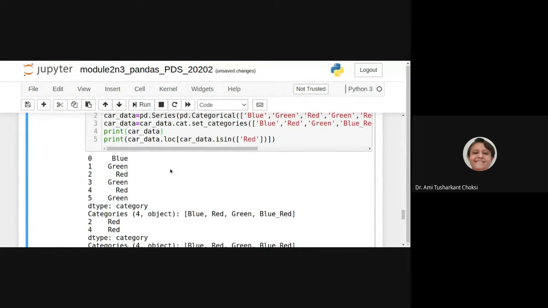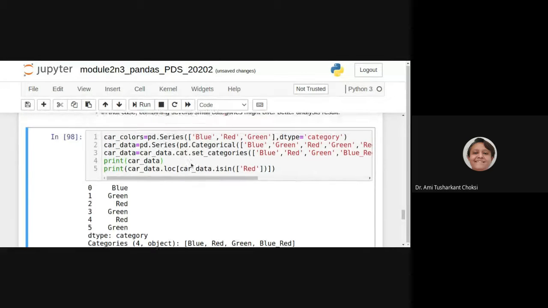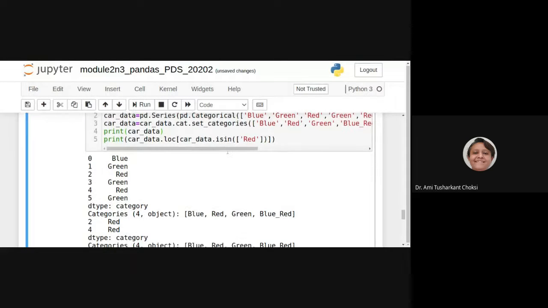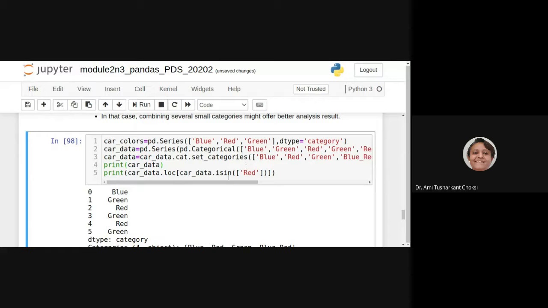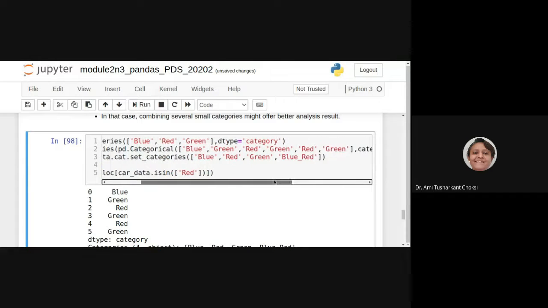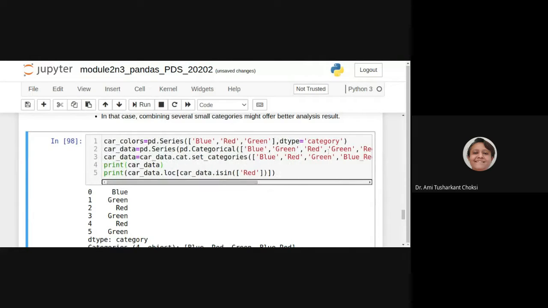First of all, we are printing the car_data. What we are having is blue, red, green, blue, red, green, and blue_red, right? That's what was being said by this particular thing.